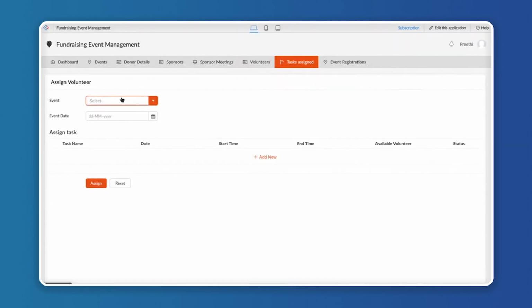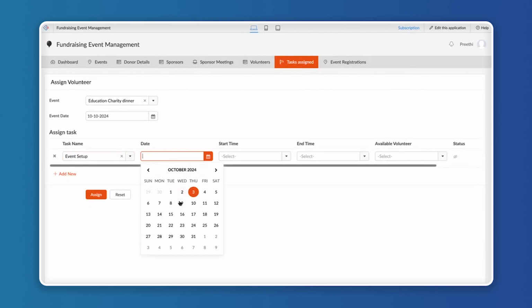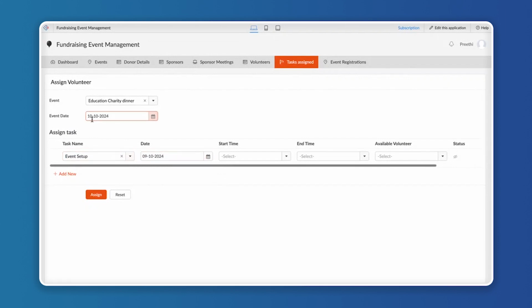And next comes assigning the task to the volunteers. So now let me choose the event. The event date will get auto populated from the events module. And also, as we have already created the list of tasks that we are going to assign to the volunteers, those list of tasks will be fetched and displayed in this task name. So let's say event setup, which will happen a day before the event, on 9/10, in the evening from 15 to 16, and